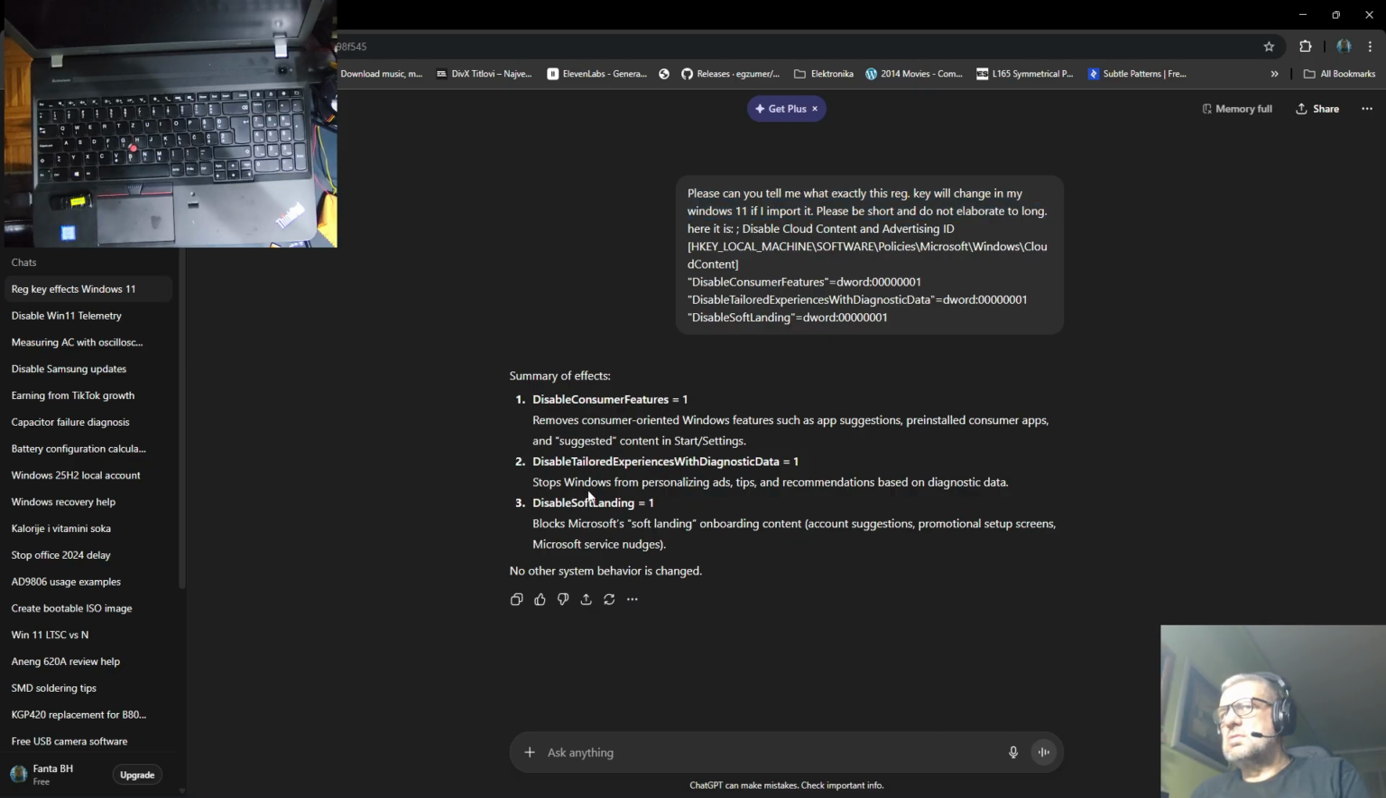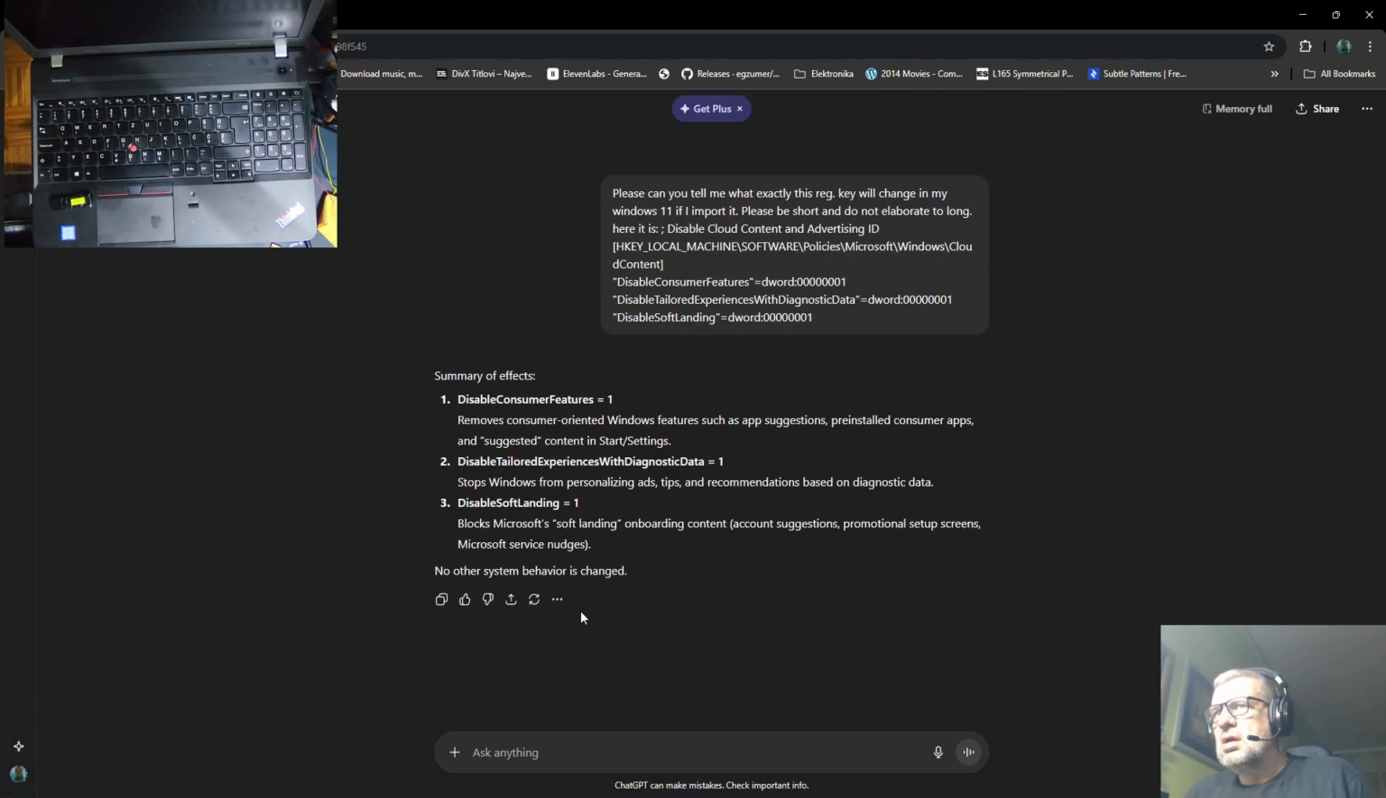Just read it on your own and you will know exactly what it will do and how it will do, and you can be sure that ChatGPT will tell you if some other system behavior going to be changed without your knowledge and in a bad way. I say this registry file, if you import it, you are quite safe. You will see how Windows will react on that import. I will show that